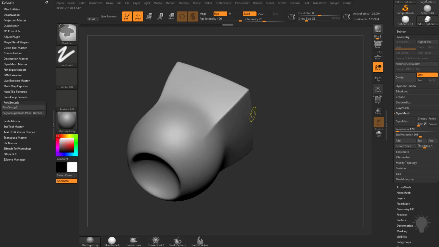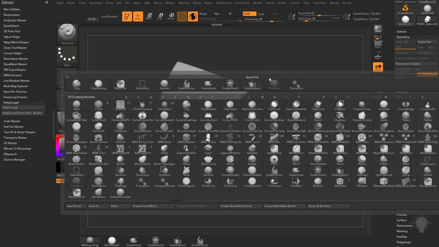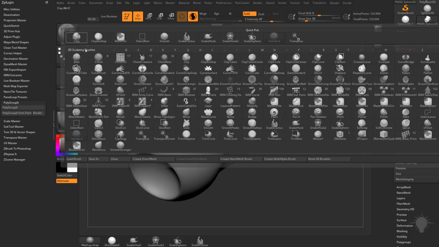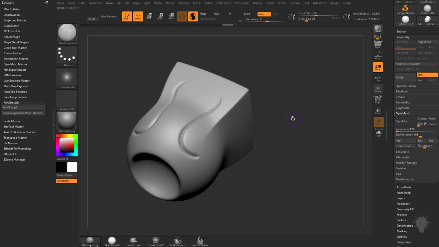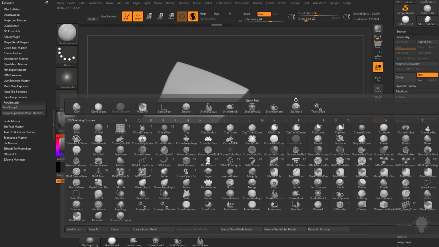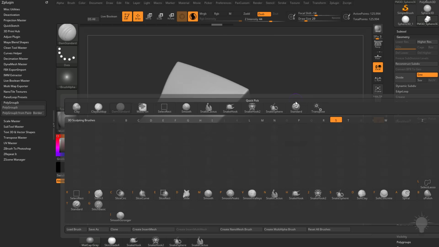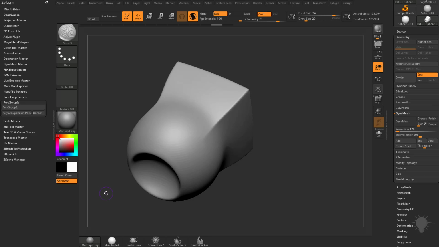Now, instead of using our standard brush, let's go ahead and hit X Symmetry again. You can also hit B to bring up your brush menu, or you can just click up here. You can hit D to narrow it down to your D brushes, and then click on S, or just click on Dam Standard. This is your Dam Standard brush. If we crank up the intensity on this one, you can see where you can cut in some nice panel lines through here. You can also do B, S, and you've got a brush in here, so now you can use this brush and that'll give you some good results too.